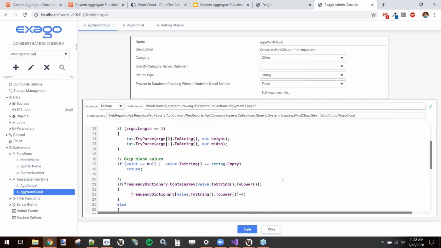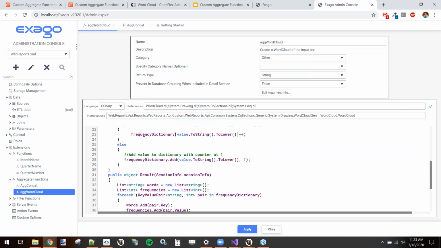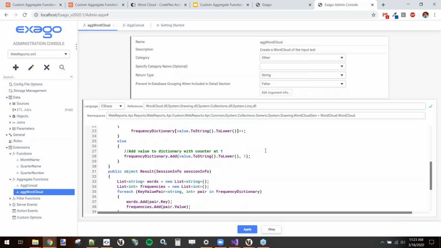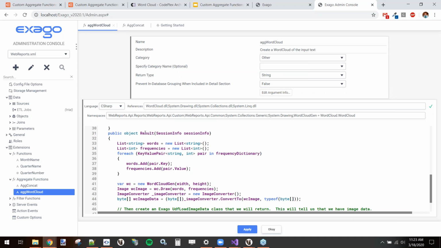So this add value function is just going to take all these aggregate inputs and keep track of everything in a dictionary. And at the end, we're going to have a dictionary with every key we've seen and how many times we've seen it. So then when we're ready to aggregate, what we're going to do is take that